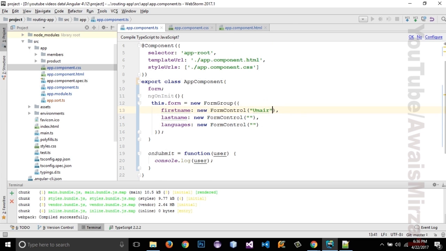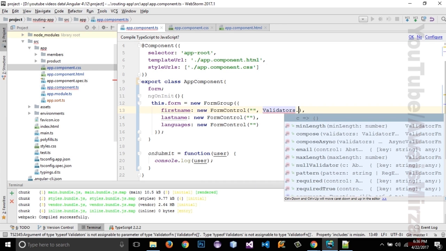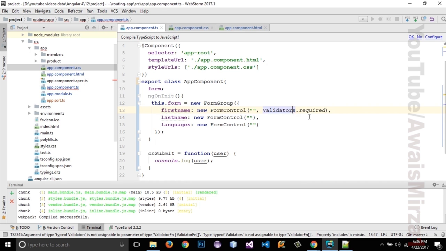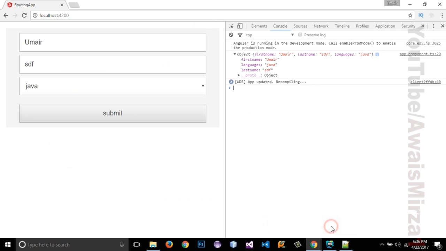I want to add a comma, and after this comma I want to remove this one because I don't want that value to be pre-written, and I want to use the validators that I have included above, dot, and I'm going to add required. Okay, and I'm going to press Control S and go back to my